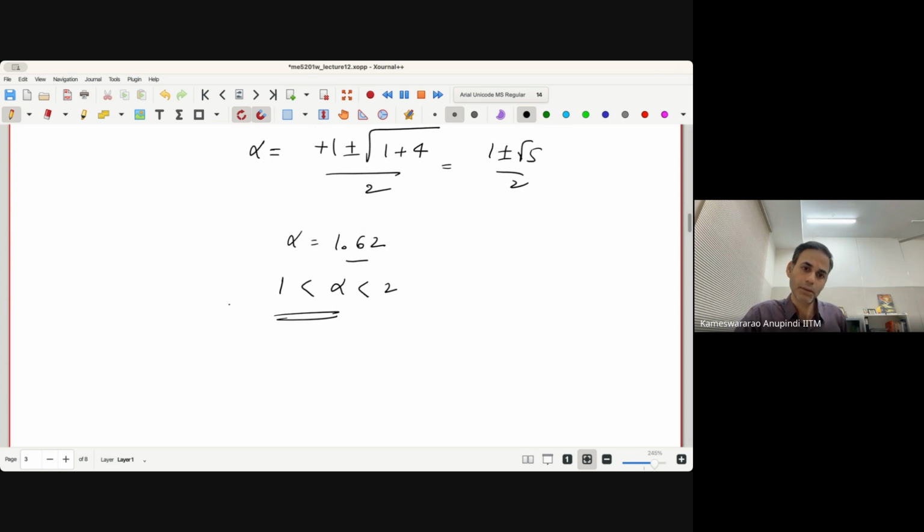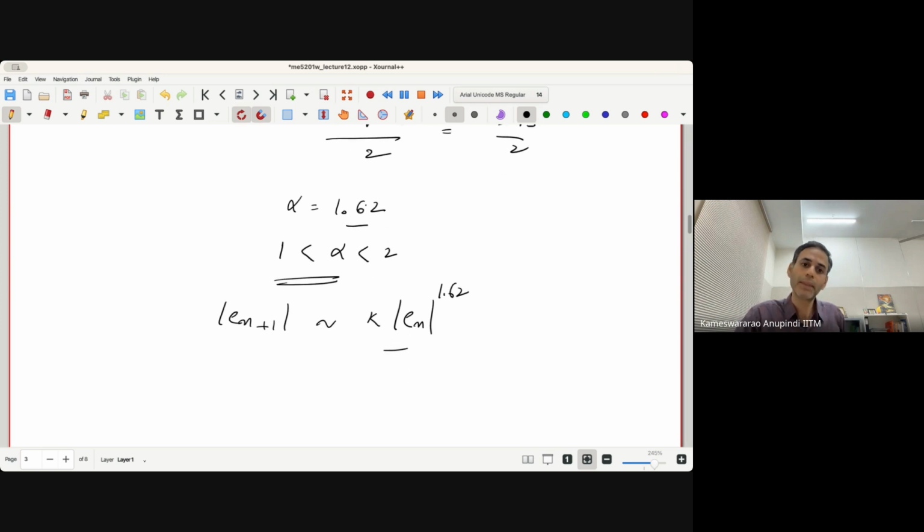That means En plus 1 goes as k to the power En to the power 1.62. That means it is better than linear, right? It is not linear convergence, but it is not as good as the Newton's method, right? So this is still better than bisection method, right? Because in bisection method, En plus 1 equals 1 by 2 En, whereas in Newton's method, En plus 1 equals En square, right? It was decaying with that thing, better than bisection, but